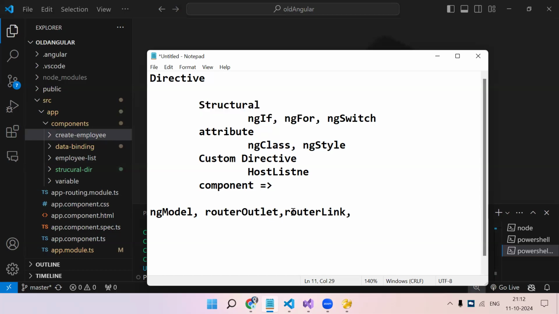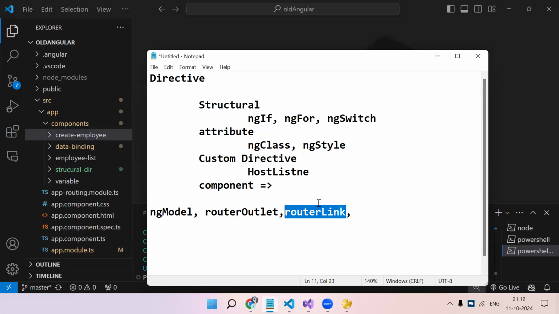Router link is not going to change the structure. This directive just helps us to navigate. Correct? So it is not changing the structure. And it is not behaving like an attribute also, because it is not providing any extra behavior to the existing element. Got it? So it cannot go into anything. ngModel also is nothing,